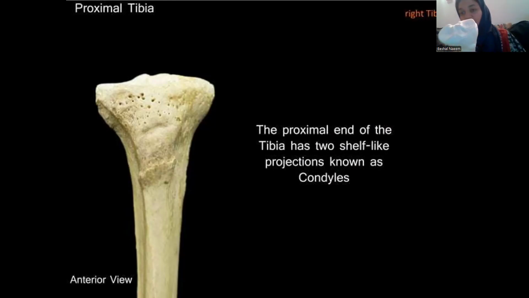And this is the superior articular surface. So the superior articular surface of the tibia has two condyles, right? There's a medial condyle and there's a lateral condyle. As you can see here, there's a medial condyle and then there's a lateral condyle. Okay. These are gently concave. As you can see on this image, on this bone also, these are a little bit concave, right?